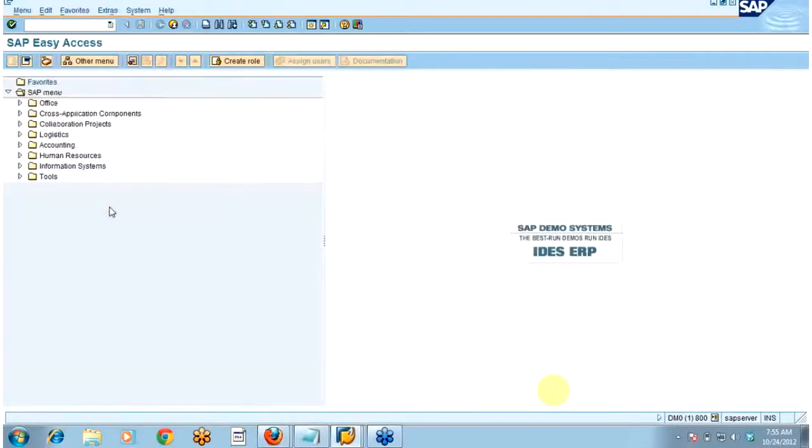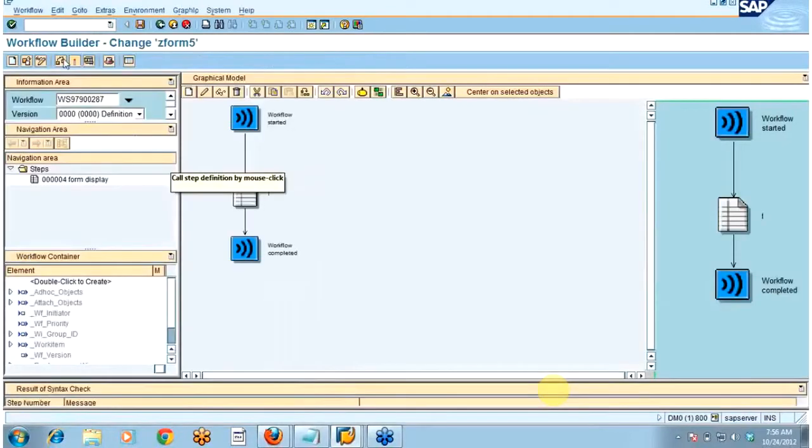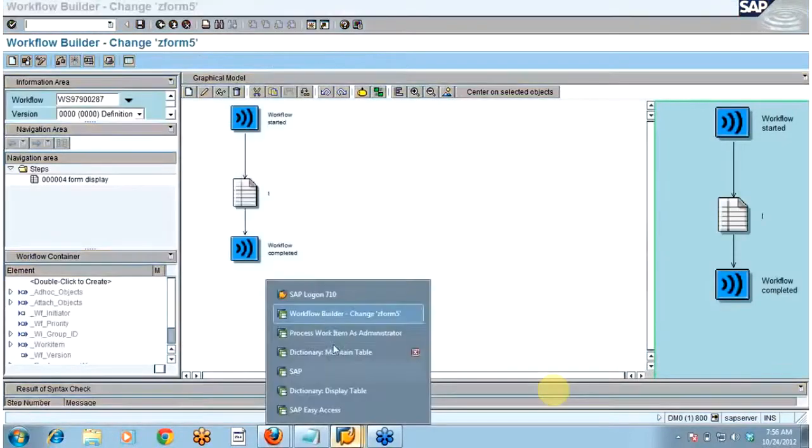I think 5452 doesn't exist in this particular system. So let us execute it again. First, let me check which sales order is there in this system.